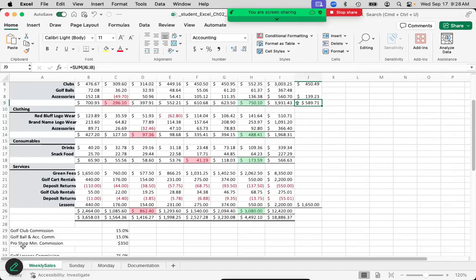And in this particular instance, what I want is down here in C31, you can see that we have a pro shop minimum of $350 that we're interested in making sure that occurred for the weekly sales. So the way in which I can go and tie it directly to that 350 is I'm going to choose